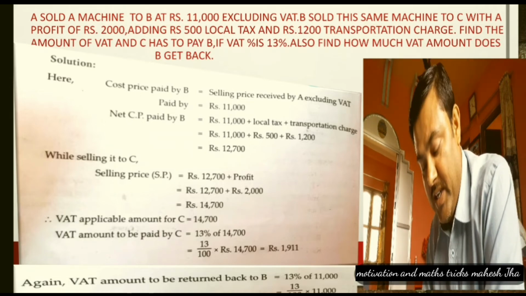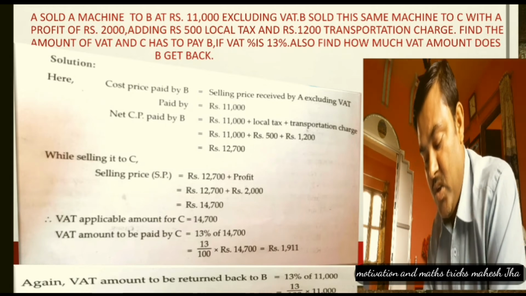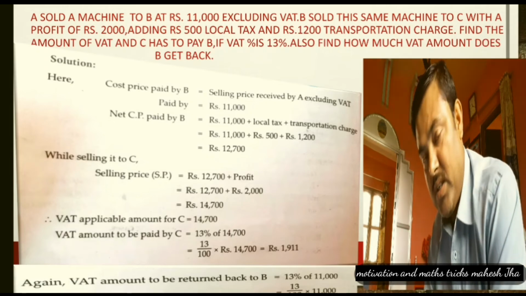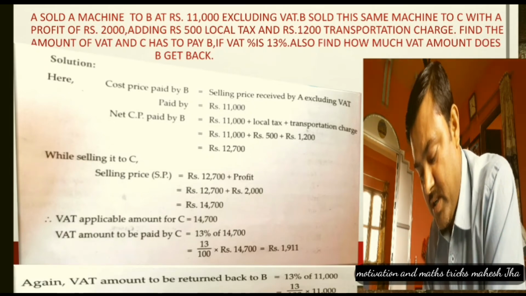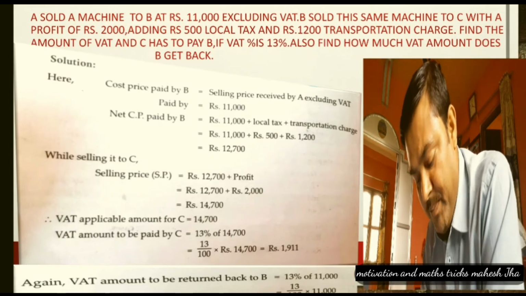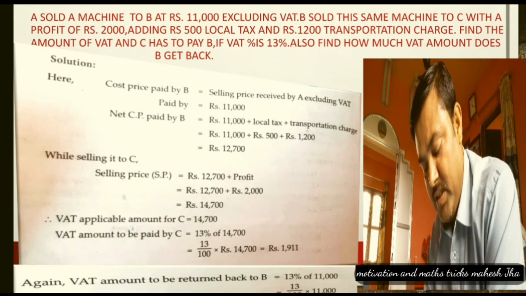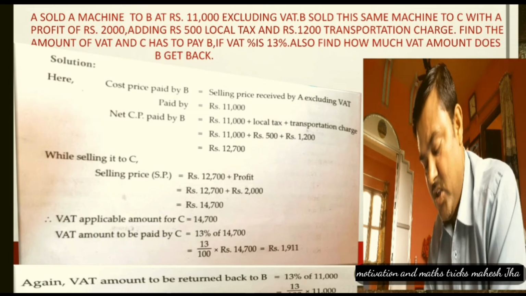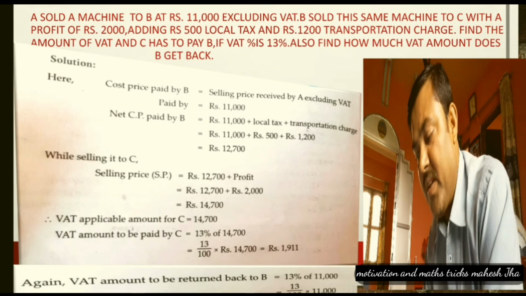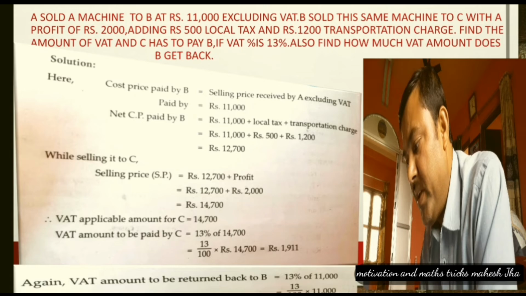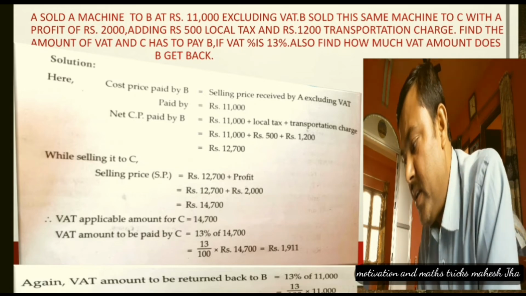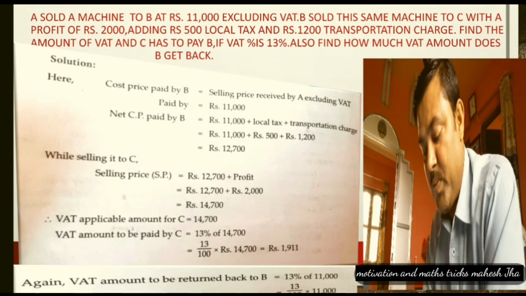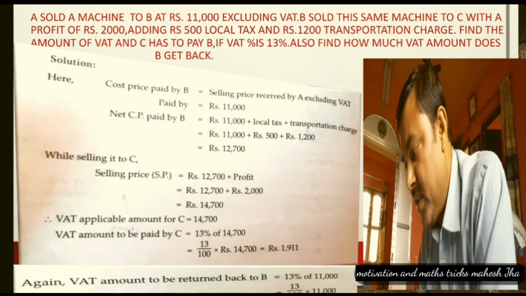While selling it to C, selling price equals cost price 12,700 plus profit 2,000, that gives 14,700. VAT applicable amount for C is 14,700 and VAT amount, 13% of 14,700, is 1,911. Again, VAT amount to be returned back to B is 13% of 11,000, which was the cost price paid by B. That